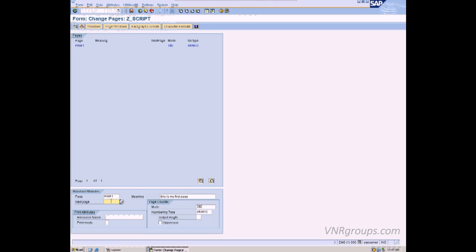Suppose when you are printing a purchase order, or multiple POs, one page is not sufficient to print all the POs. At that time you can give either the next page as page 1, which is the same as the first page, or you can create one more page, so that from the second page, see here I have given page 2, but page 2 is not available. So to create that,